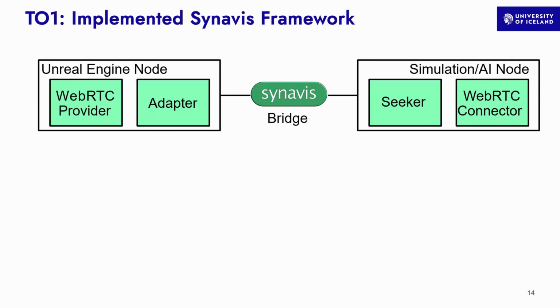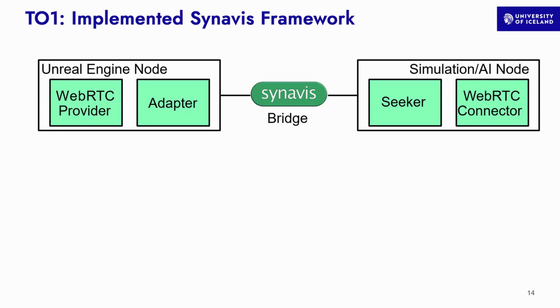And in the general implementation of the Synovis framework, I usually consider simulator nodes that produce a simulation or produce data that we can use to include that into the scene. And also AI nodes that prompt the virtual scene, that measure data, that ask for certain kinds of labels or ask for certain kinds of outputs. And the modular supercomputers all have, since this is directly implemented for modular supercomputers, a specific unique challenge, which is the fact that if we do this kind of setup and the AI node runs on,